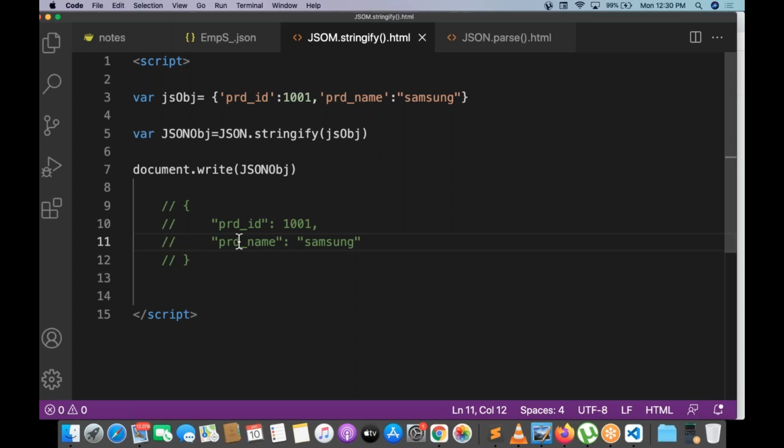Your JavaScript object is stringified to JSON with this method. All your single quotes are converted into double quotes. Why? Because single quotes are allowed in JavaScript, single quotes are not allowed in JSON. Automatically it makes the conversion.